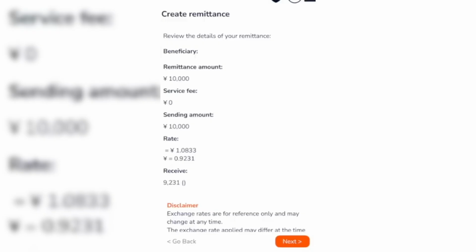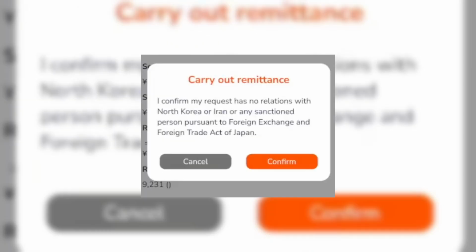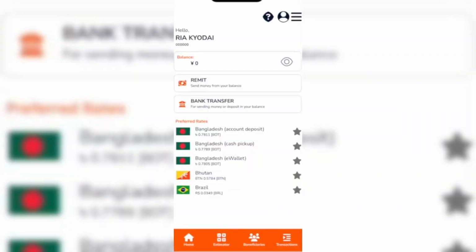Once the transfer is completed, you will receive a confirmation and tracking information that you can use to monitor the status of the transfer. Most transfers are processed quickly, although delivery times may vary depending on the destination country and